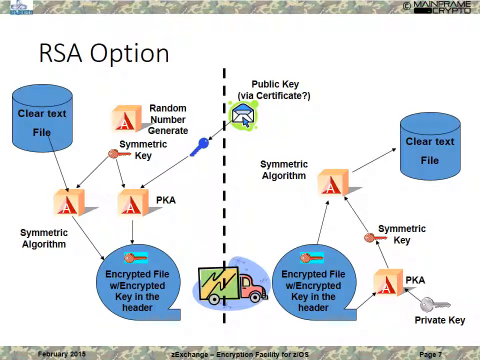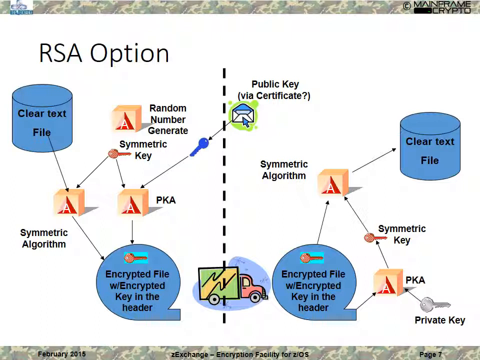The RSA option works a little bit differently in that the symmetric key that is used to actually encrypt the file, encrypt the data, is simply a random number that you generate every time you run the utility. So you'll get a different random number every time you run the utility. That will be used to encrypt the data. In addition, that symmetric key is itself going to be encrypted using a public-private key pair, and the encrypted copy of the symmetric key is going to be stored in the header record of the encryption facility file that's created,